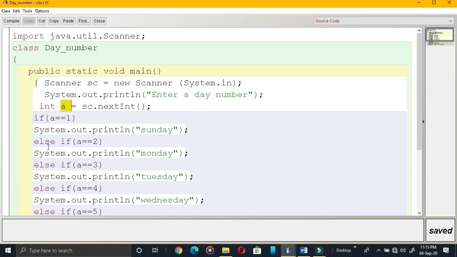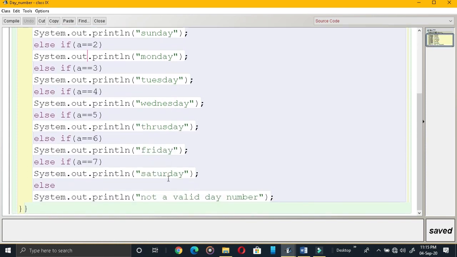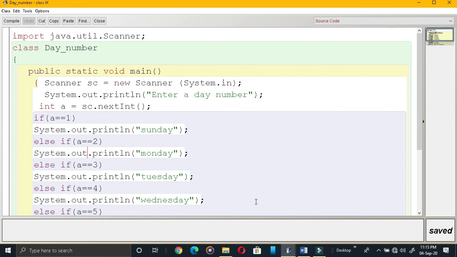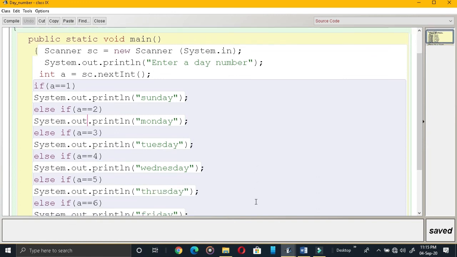Okay, now else if a is equal to 2, if you are inputting 2, what will be printed? Monday. Else if a is equal to 3, then Tuesday, then Wednesday, Thursday, Friday, Saturday, and in the else case what will be printed? Not a valid day number. Okay, so this is your program. I am scrolling it so that everybody can write the program. Okay, so this is the program.